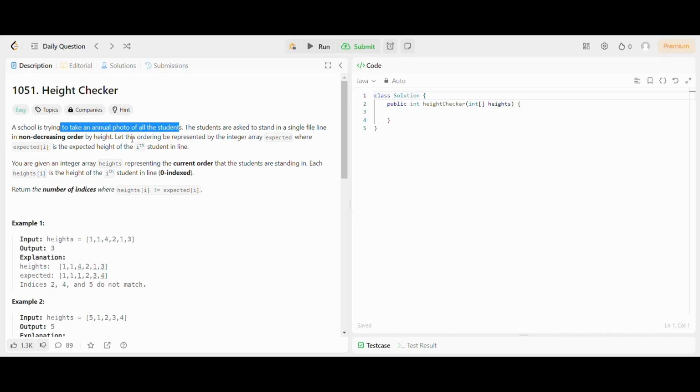Hello friends, today I will solve a LeetCode easy problem on arrays. So the problem says, a school is trying to take an annual photo of all the students. The students are asked to stand in a single file line in non-decreasing order by height. So let this ordering be represented by an integer array expected, where expected[i] is the expected height of the ith